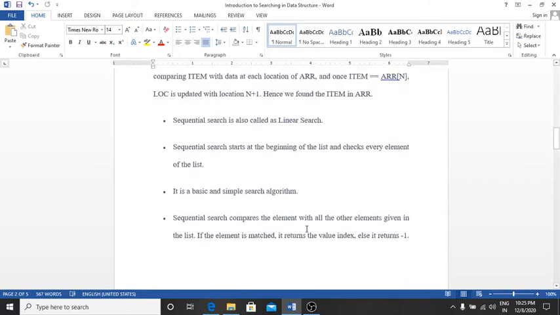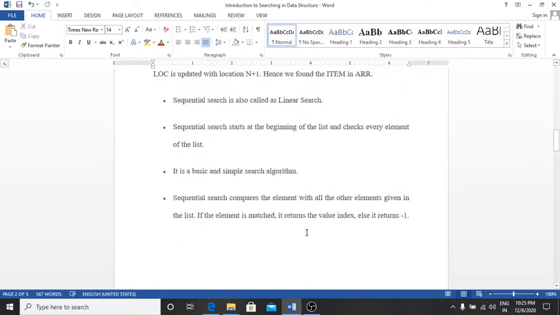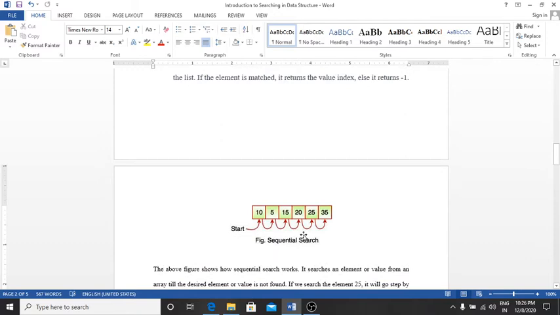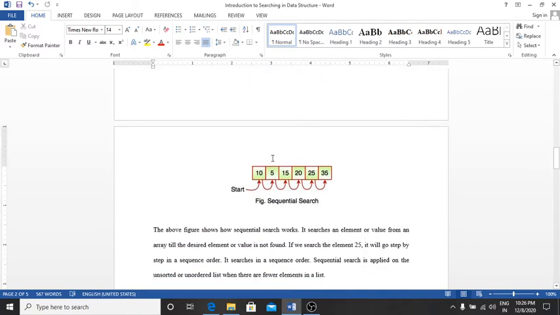It is the basic and simple search algorithm, and sequential search compares the element with all other elements given in the list. If the element is matched, the element is found, then it returns the value index, else it returns the -1 value.